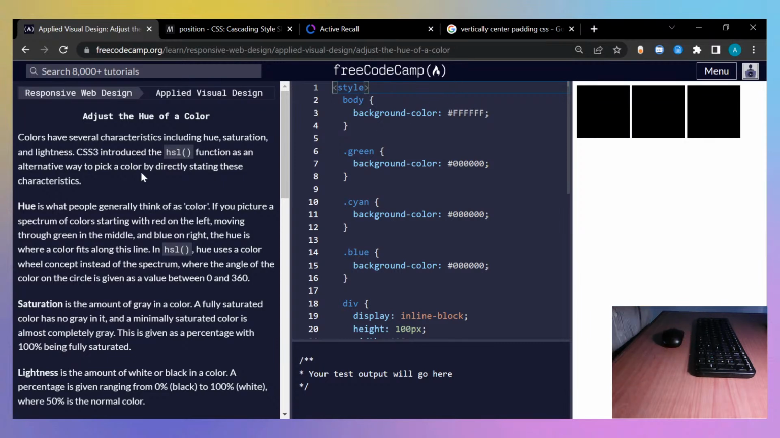Colors have several characteristics, including hue, saturation, and lightness. CSS3 introduced the HSL function as an alternative way to pick color by directing these characteristics. Hue is what people generally think of as color. If you picture a spectrum of colors starting with red on the left and moving through green in the middle and blue on the right, the hue is where the color fits along this line. HSL hue uses a color wheel concept instead of a spectrum, where the angle of the color circle is given a value between 0 and